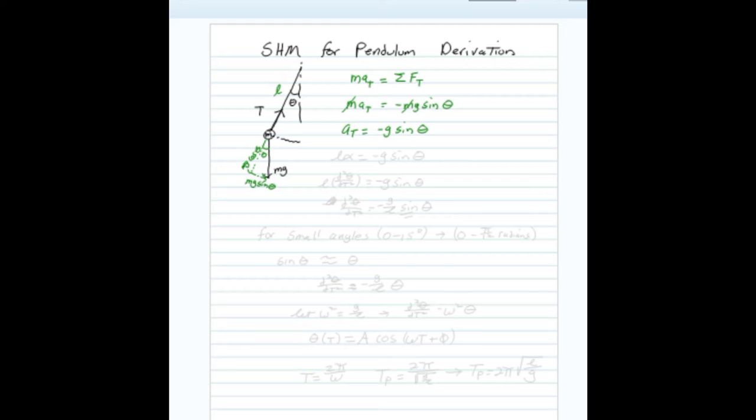So in this case, L, the length of the pendulum arm, times the angular acceleration equals negative g sine theta. And we know that theta and alpha are related, so that's why we wanted to do this. Alpha is the second derivative of theta with respect to t. So we can rewrite it as L times the second derivative of theta with respect to time, like so. If we divide both sides by L,